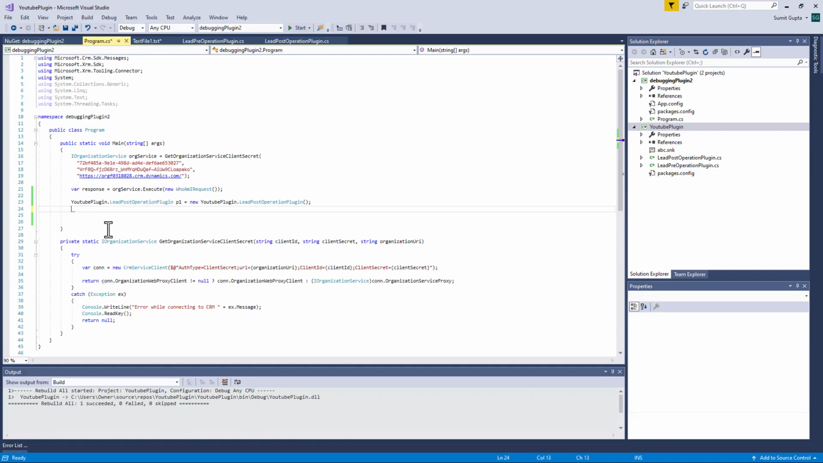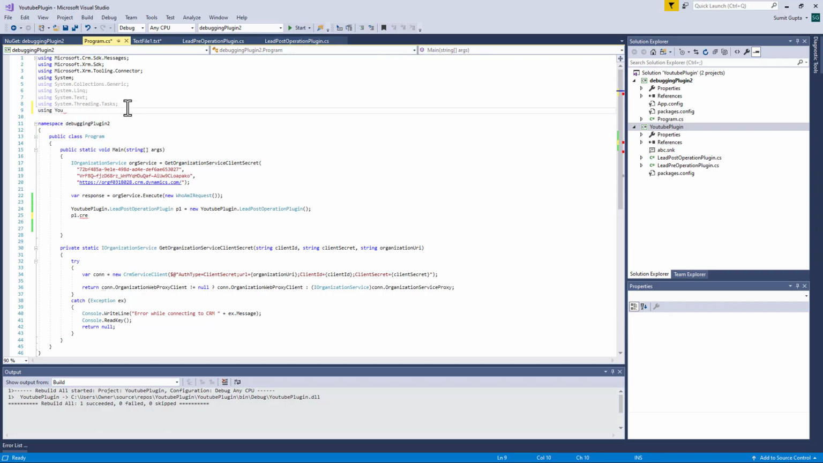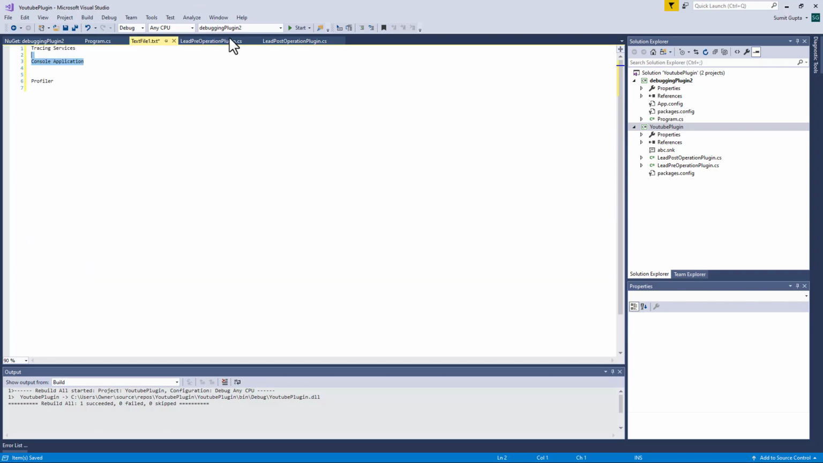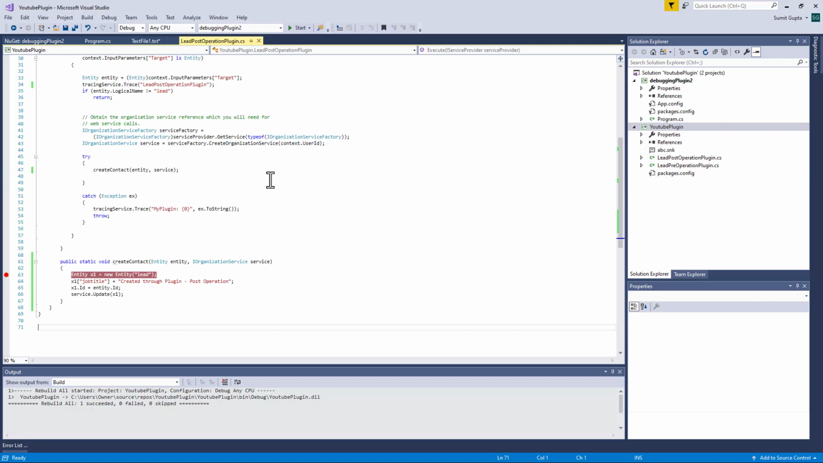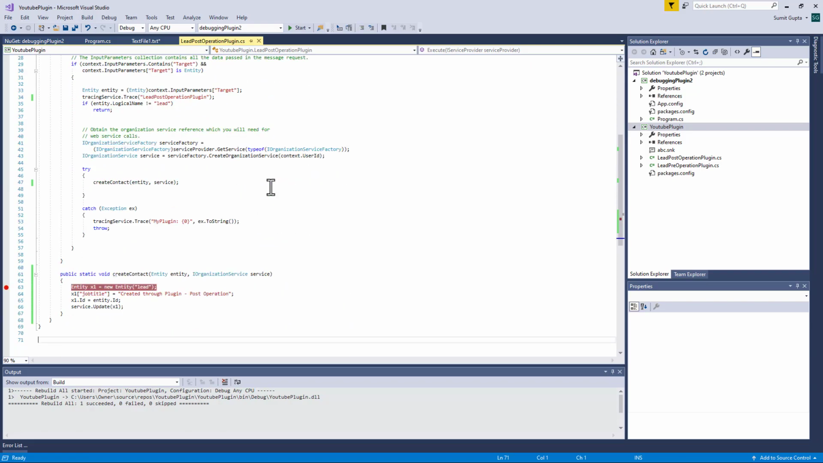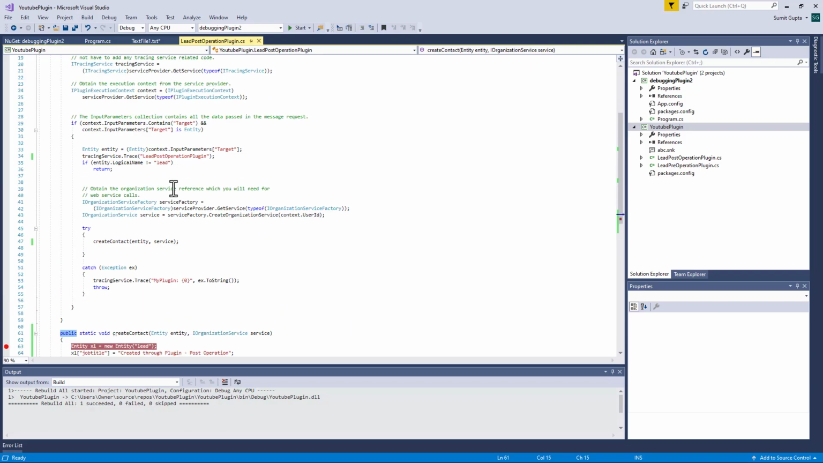P1, probably I'm making some mistake. Let's add it using, it's not getting exposed in here. For sure I would be able to do it, just give me a moment. Post operation plugin public static void. Yeah, so it's